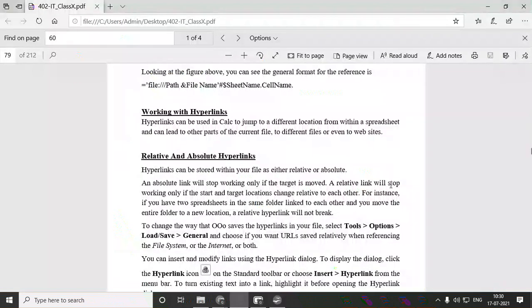But in an absolute hyperlink, if only the target is moved, it will stop working. A relative link is not like that. Only if both the start as well as the target location change will the relative hyperlink stop working.